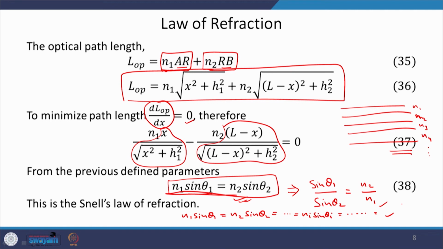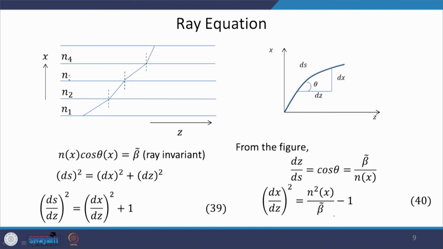Therefore, we may say that Ni sin theta i is a constant. If you keep varying the refractive index in a layered manner in one direction only, then Ni sin theta i would be constant. And what type of constant is that? It is invariant. Yes, it is invariant of ray path. Okay. Once it is done, we will now see what is the application of this